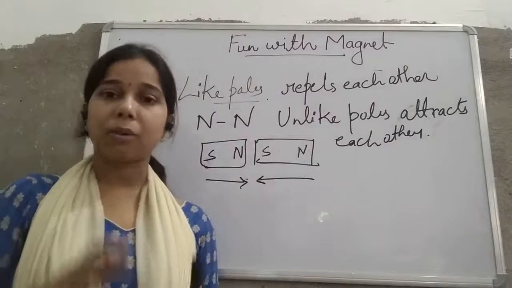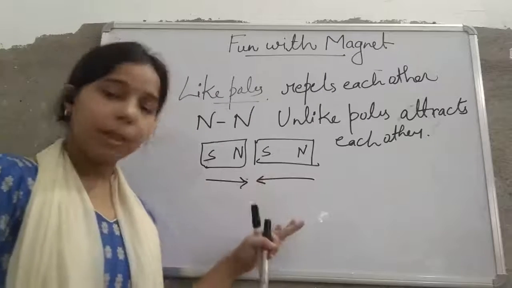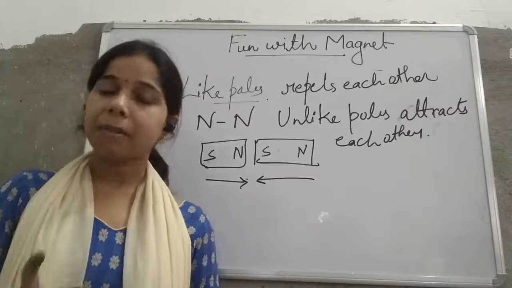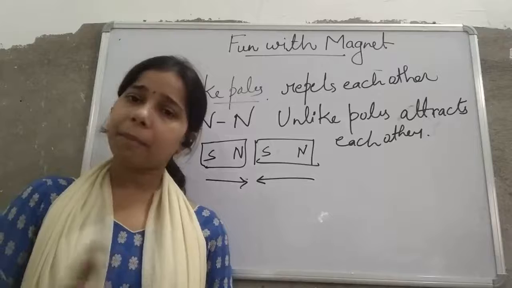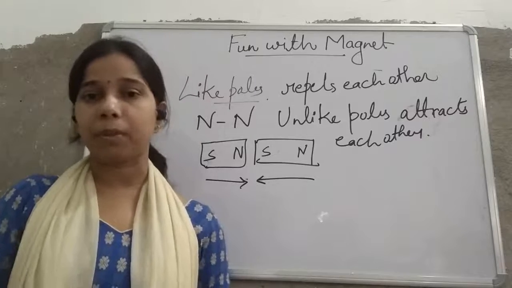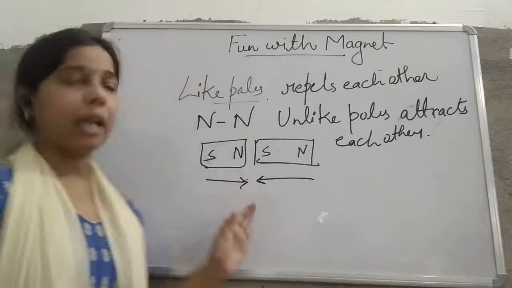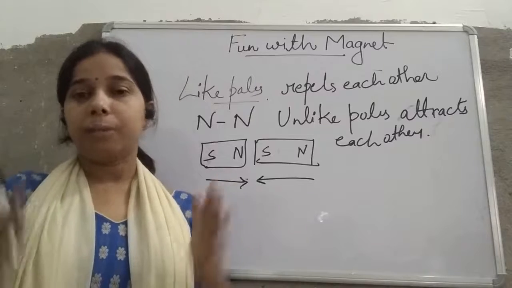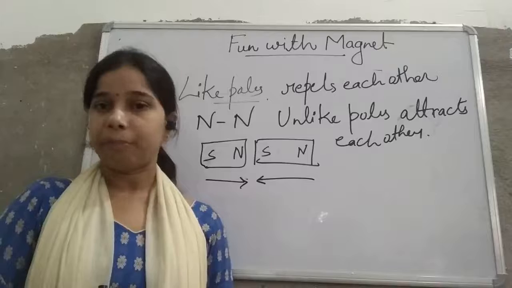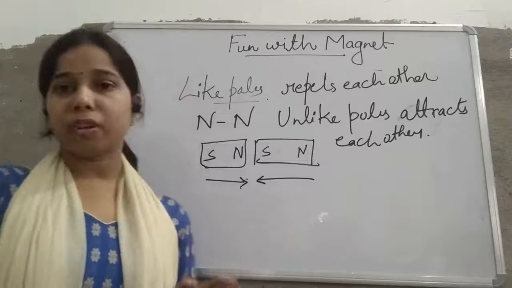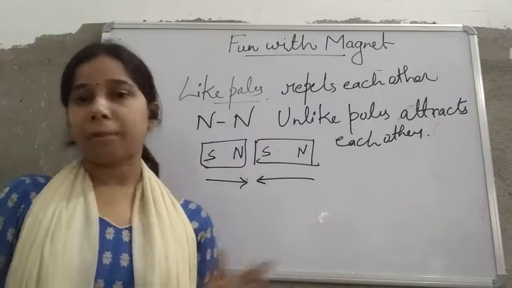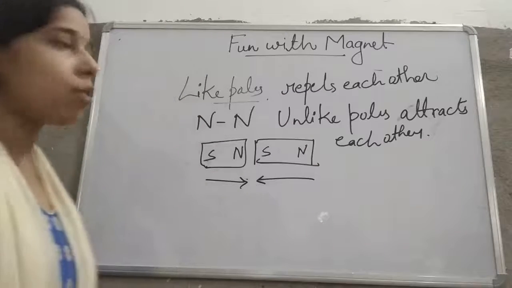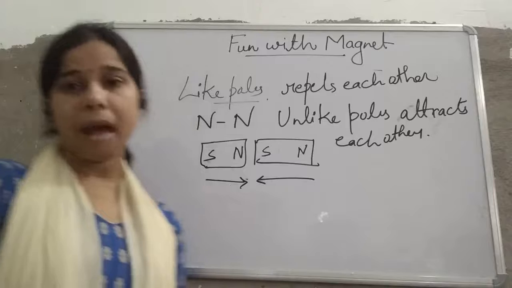We will discuss the like poles and the unlike poles again with the help of an activity. We will discuss the activity that is given in NCERT, and by that you will come to understand it properly, what happens when we bring like poles and unlike poles closer to each other. This is just an elementary knowledge about it. Let us talk about the properties of the magnet, students.